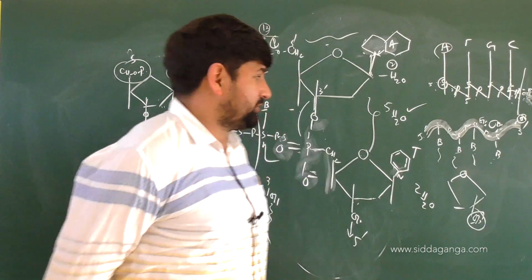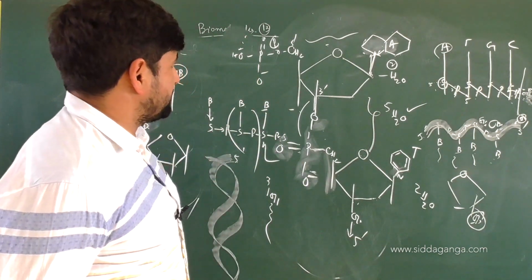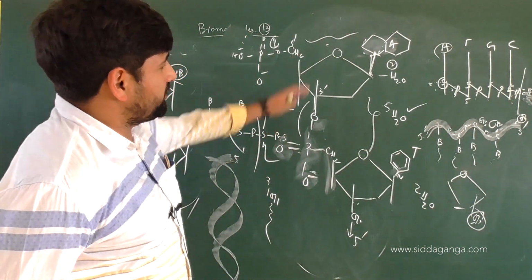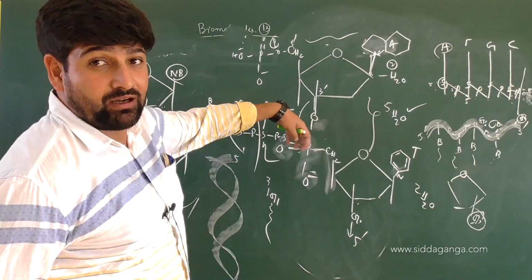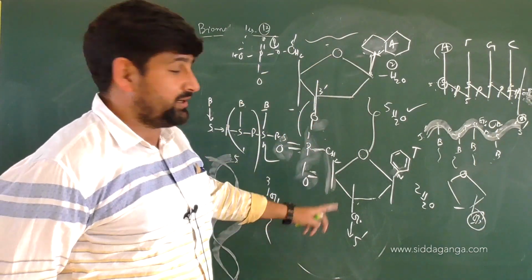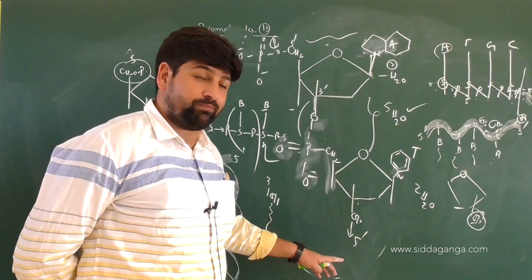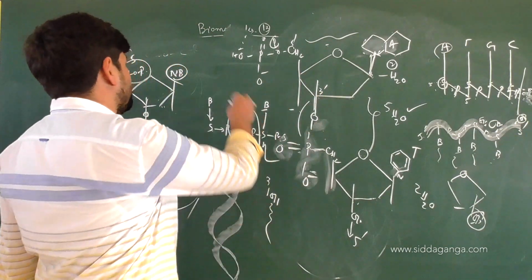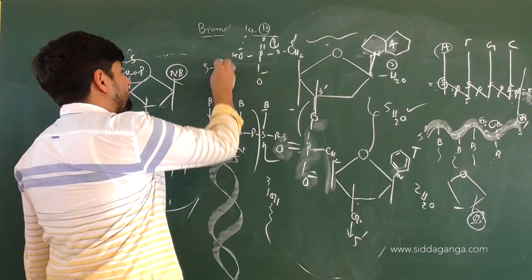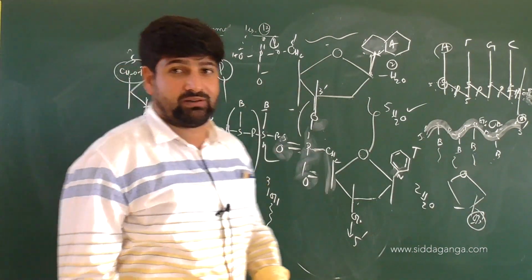Clear with the thought? So this is the basic arrangement of nucleotides. It results in the formation of a polynucleotide. And a polynucleotide will always have a 5' end and a 3' end. 3' end means on the sugar, the third OH group is free. And 5' has the phosphate. That's why in DNA you will sometimes write 5' as 5p. So we'll continue the discussion in our next class.